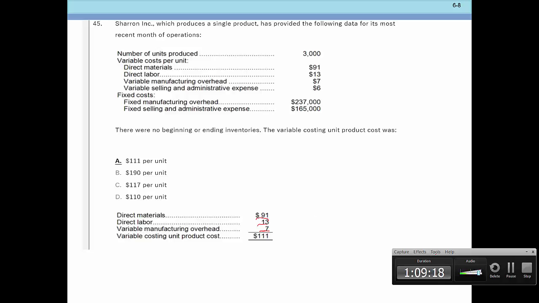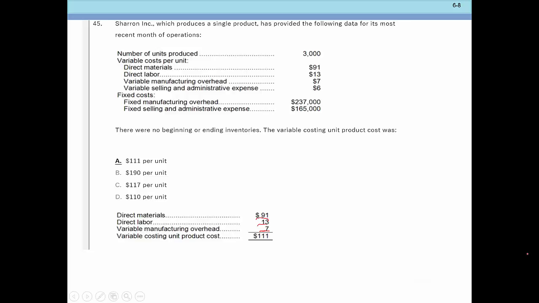What if I were to ask you the same question using absorption? Then I'm going to add the fixed manufacturing overhead. So you're telling me, hey, John, just start with 111, don't run us through that whole thing again, and pick up the fixed manufacturing overhead. Okay, which is 237